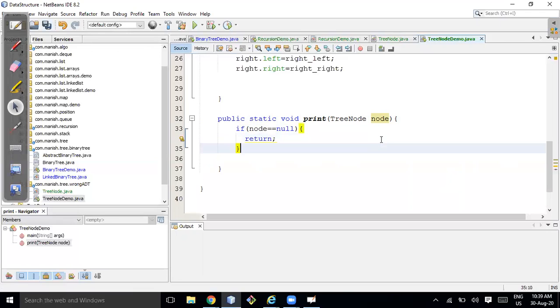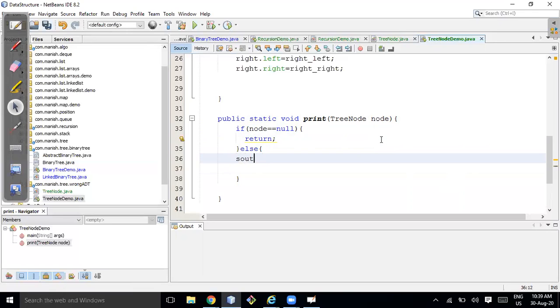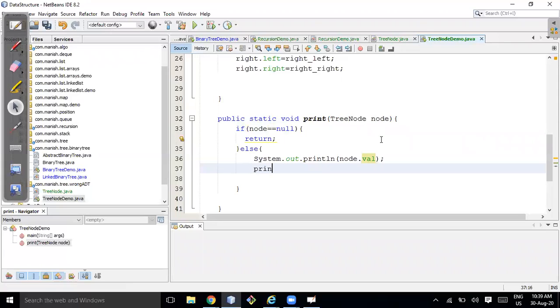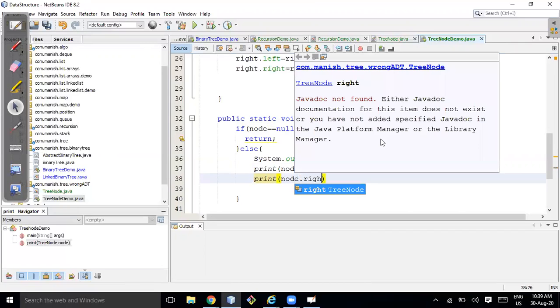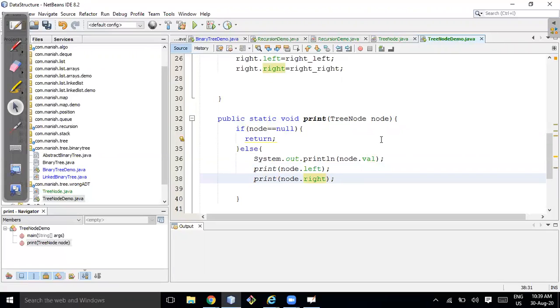Else I'll print node.val and print node.left, print node.right. Let's try to run how it works.